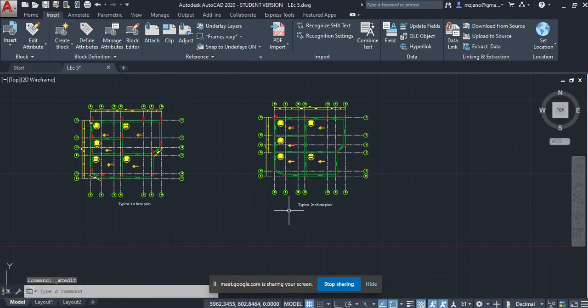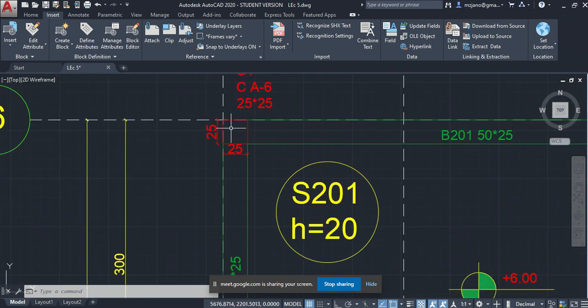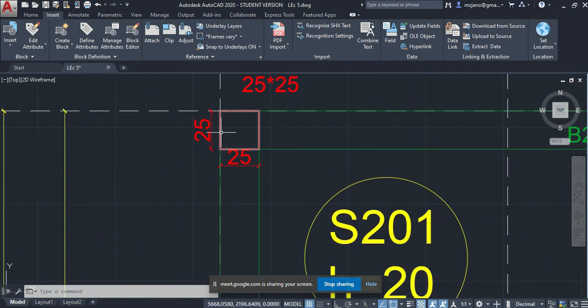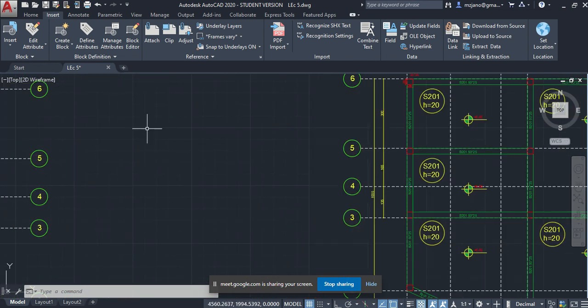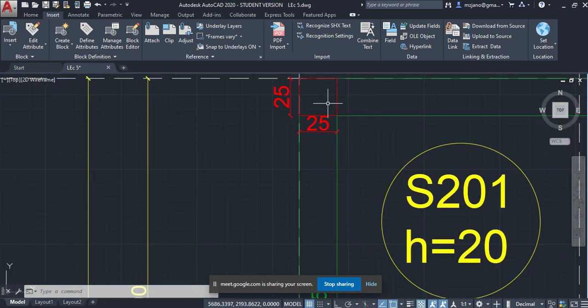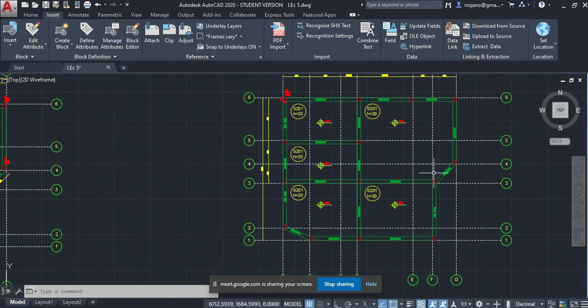Okay. So this I repeated, and I noted that you may change the section size of columns in each floor. Also, the beams are changed according to the columns, and you may add. So you may say that